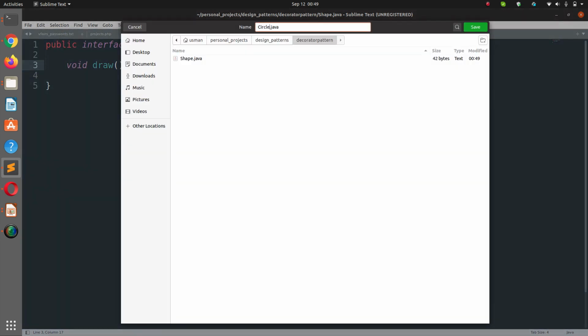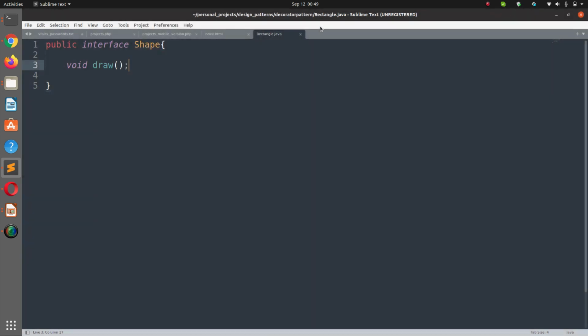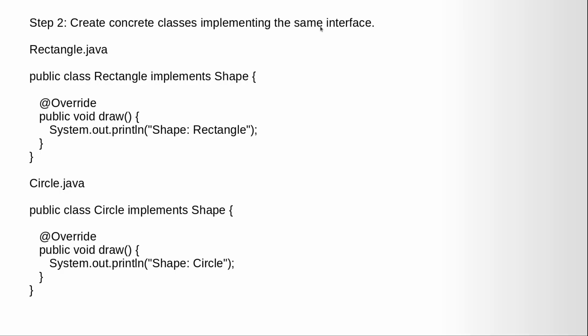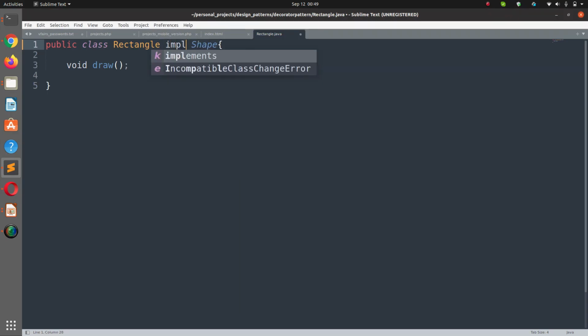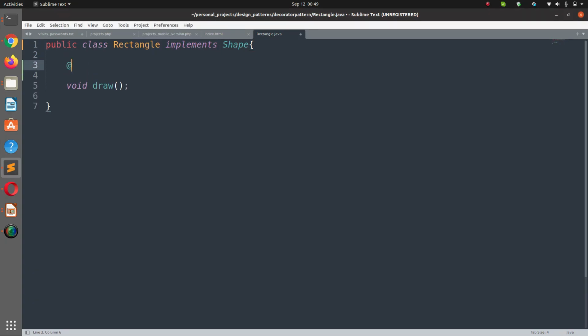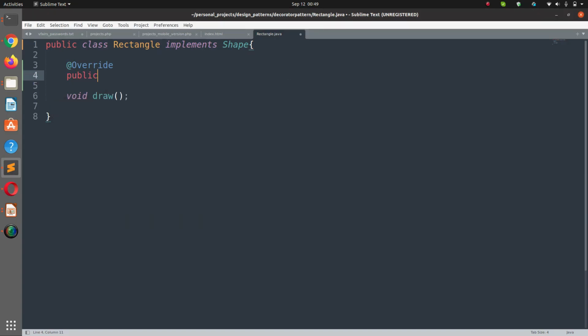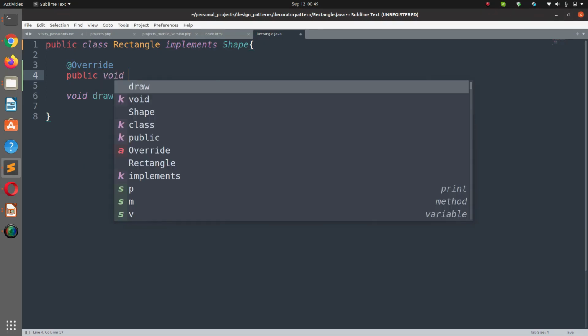First one is rectangle.java and it's public class rectangle implements shape. Here we are going to override the function that has been defined in the shape interface, public void draw,